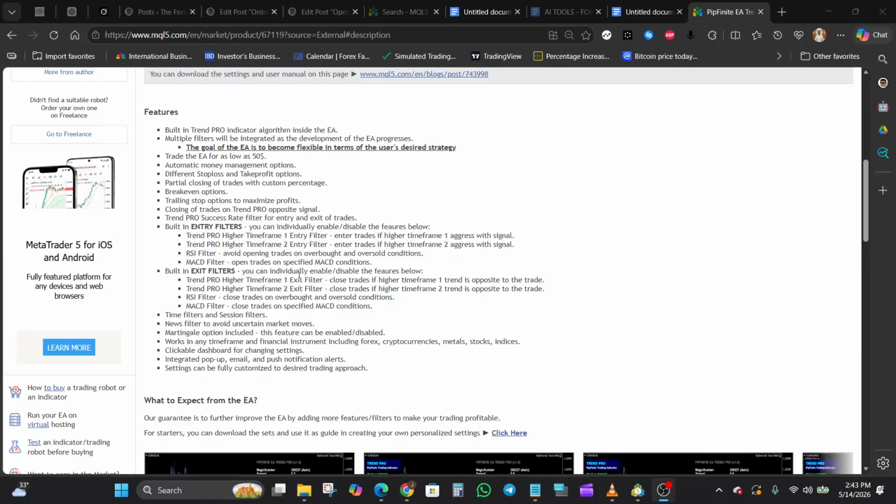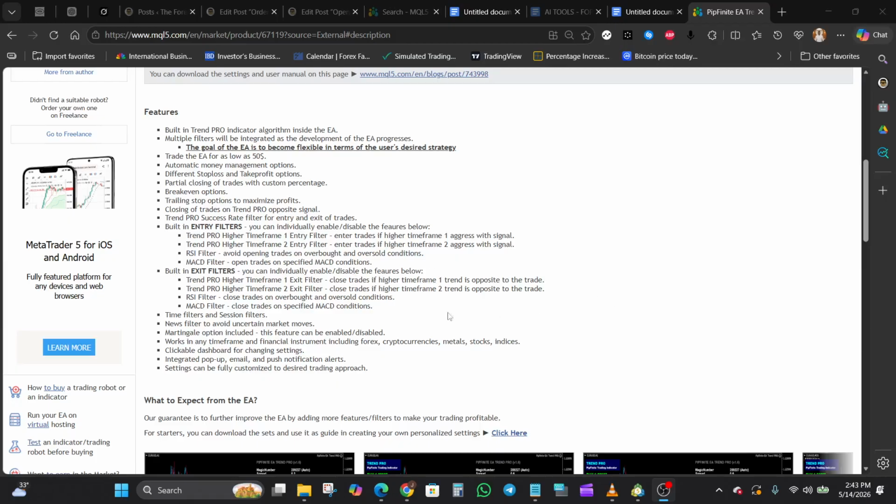Now, for trade management, there are quite a few configurable options here as well. I can see support for stop loss and take profit customization, break-even functionality, trailing stop management, and partial trade closing based on custom percentages. The EA also includes automatic money management settings along with notification alerts through pop-up, email, and